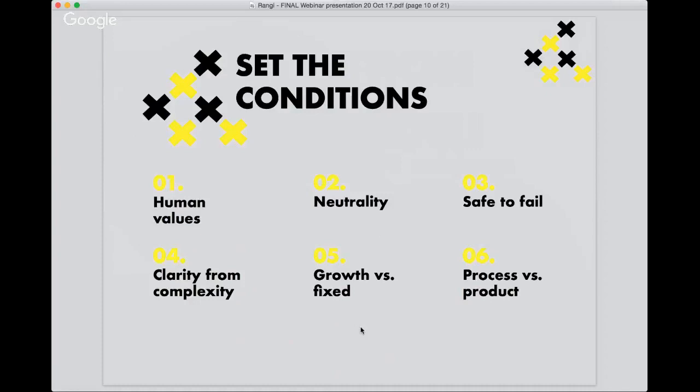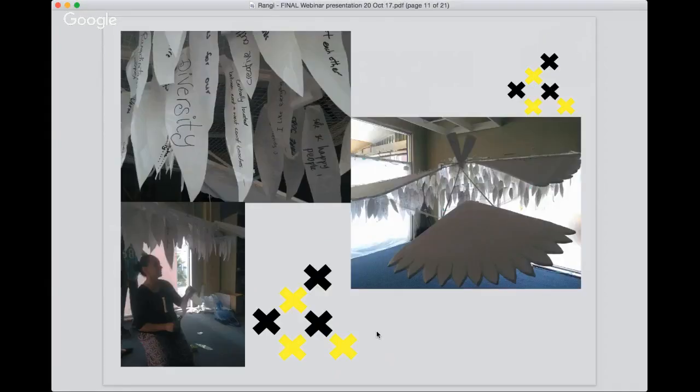We're exploring clarity from incredible complexity. We must change our mindset from being fixed to being open to growth. And it is about the process and not necessarily about what the product is, or letting the product drive our actions. Next slide, please. And so this is an example recently in Kaikoura where the conditions were set, and